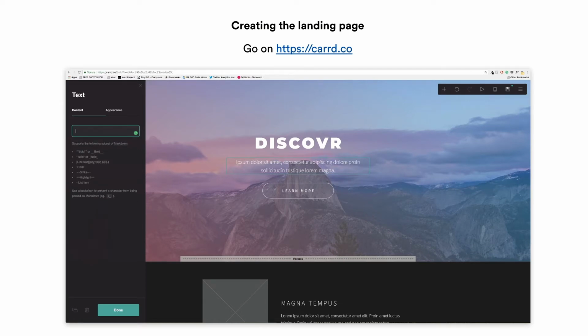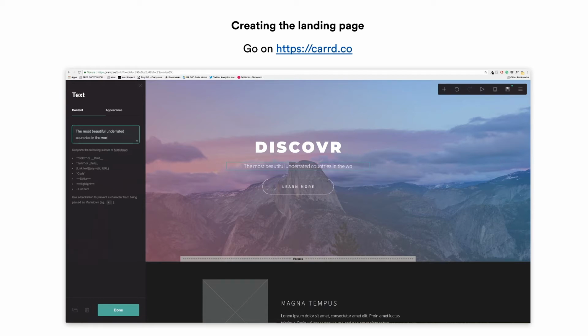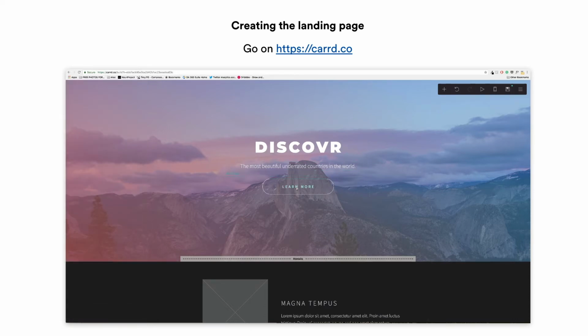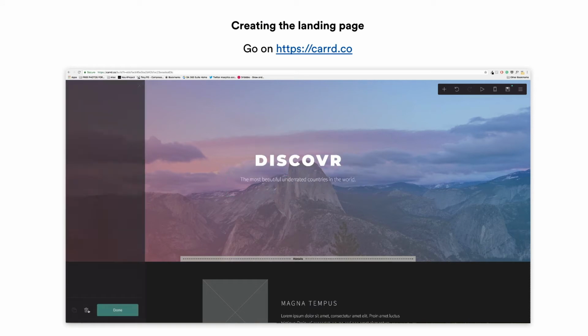We can change the text, the same. Let's write like our slogan: the most beautiful underrated countries in the world. Hit done. We can remove this button,